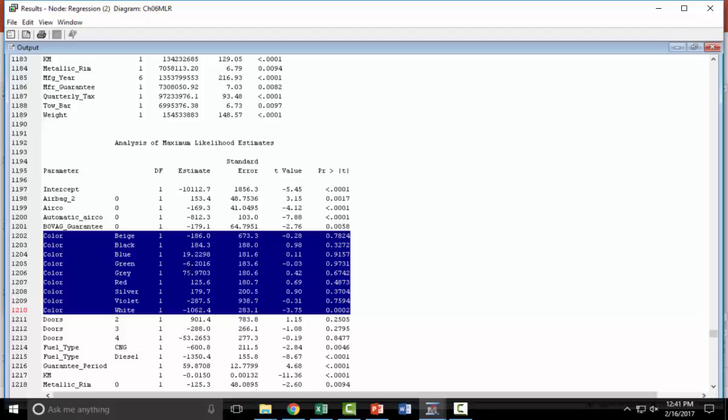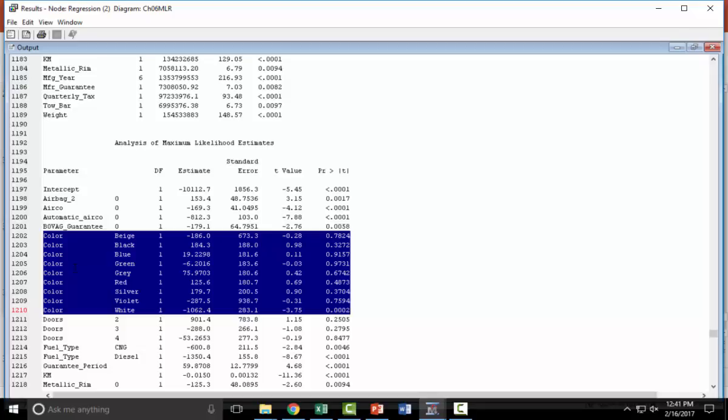Okay, but the standard error and T value and the P value for individual values of color are unimportant, because you're not going to have some of the colors in and some not. Okay. You either have all the dummy variables associated with all possible values of color in, or none of them